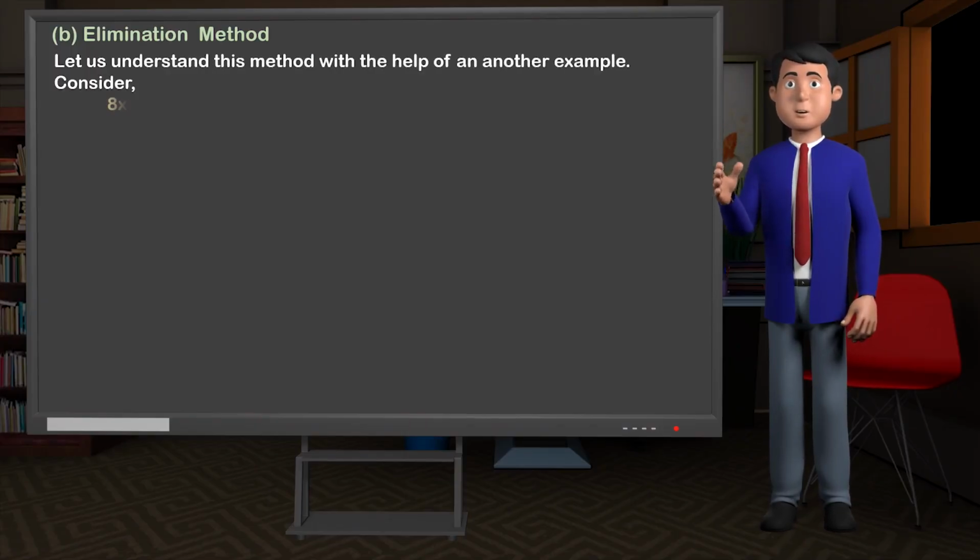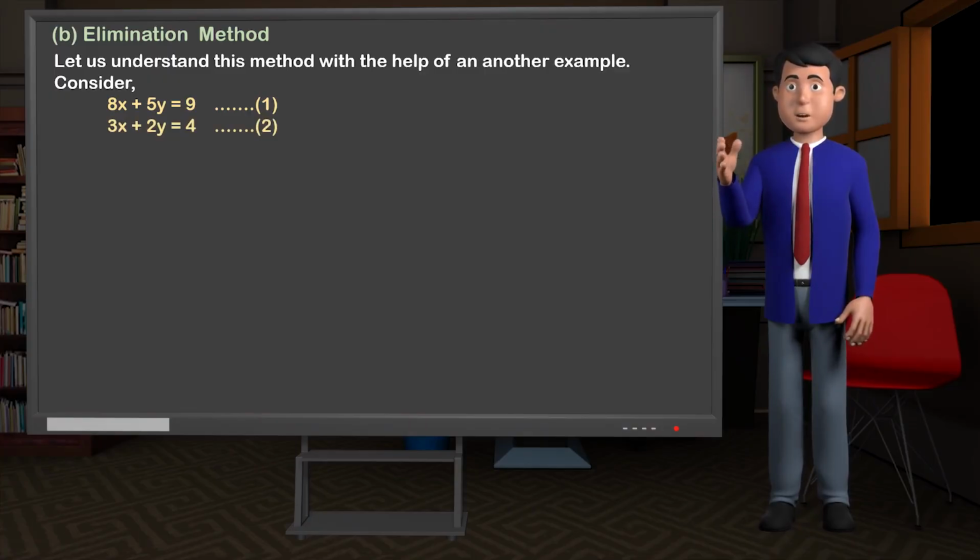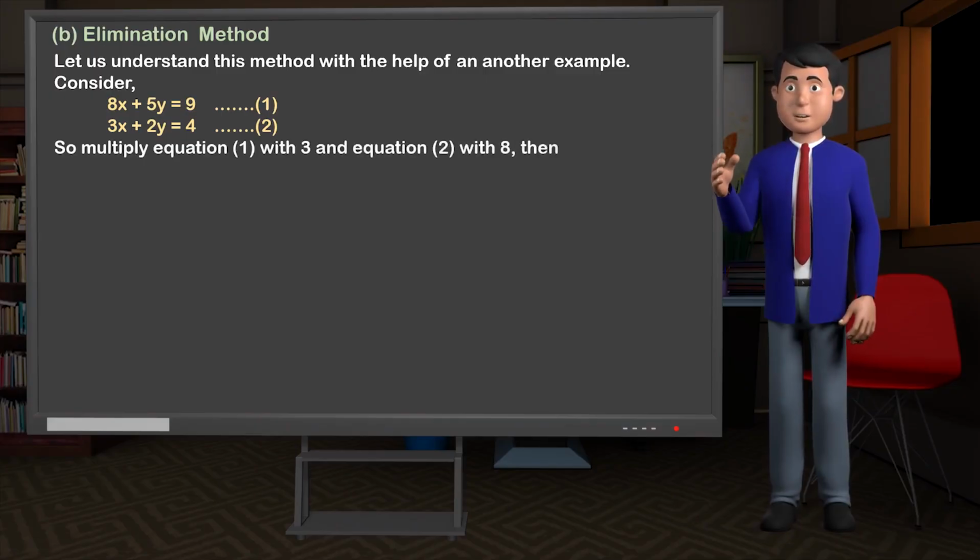Consider 8x plus 5y is equal to 9. Consider this as equation 1. 3x plus 2y is equal to 4. Consider this as equation 2. In order to solve the above equations, we are making any one term equal in both the equations. So, multiply equation 1 with 3 and equation 2 with 8, then equation 1 into 3 is equal to 24x